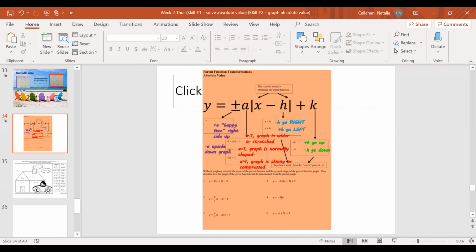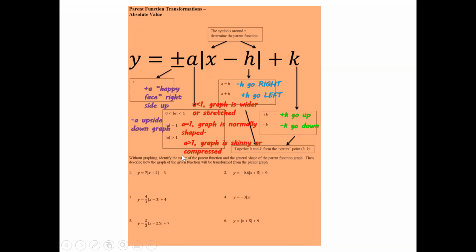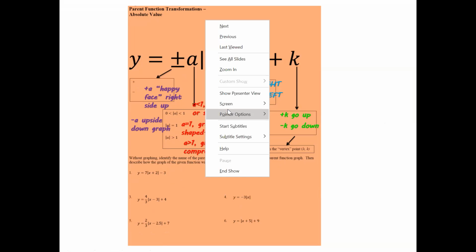All right, so now that you have these conditions, make sure you have these copied down. And then let's go ahead and take a look at questions 1, 2, 3, 4, 5, and 6. What I want you guys to do is, without graphing, I want you to go ahead and describe how the function will be transformed. So for example,